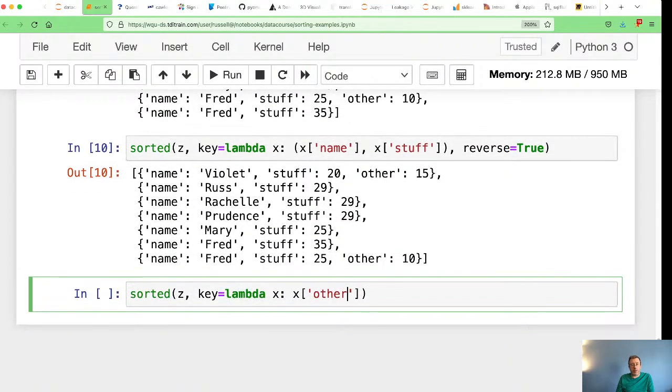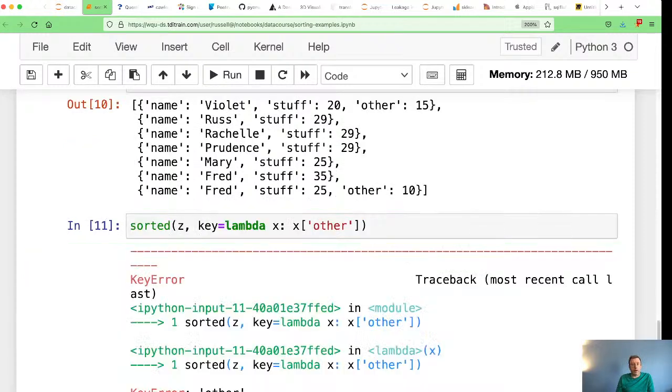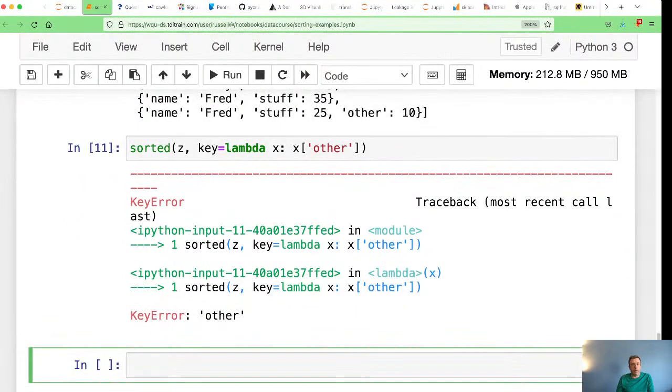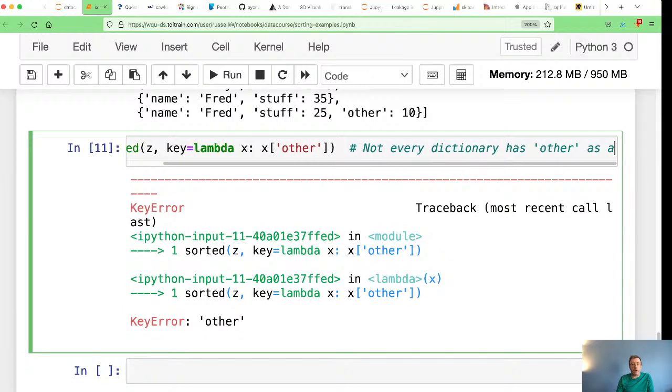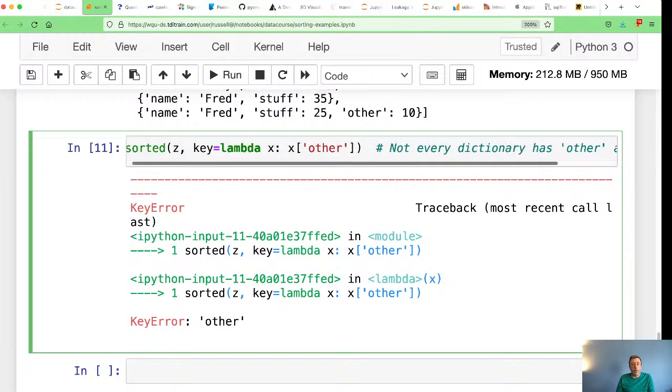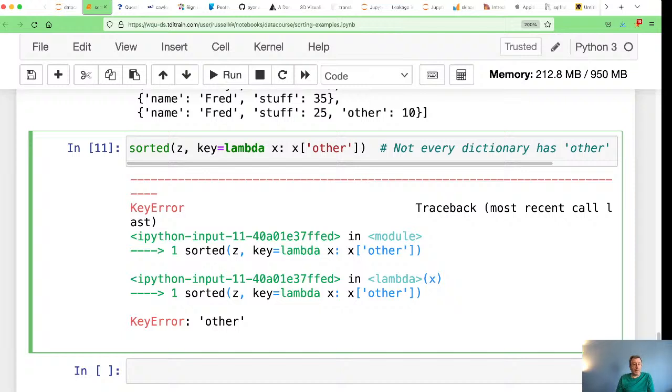If I try to say, well, use the other key, I'm going to get a key error because not every dictionary has this key. Right, not every dictionary has other as a key. This is why I get an error right here. I can't order by this key, except,